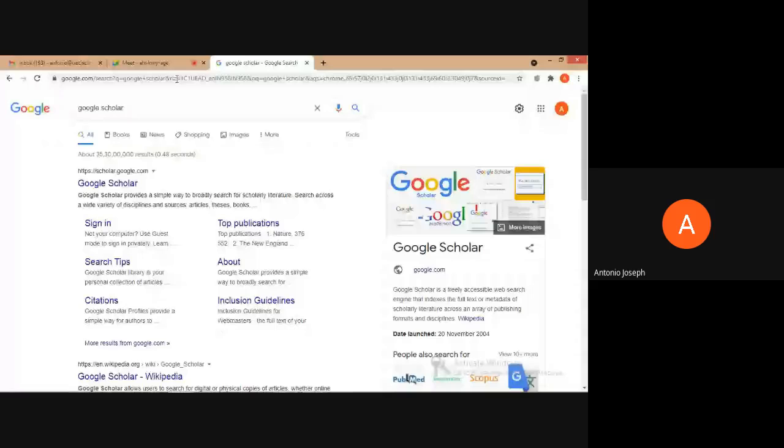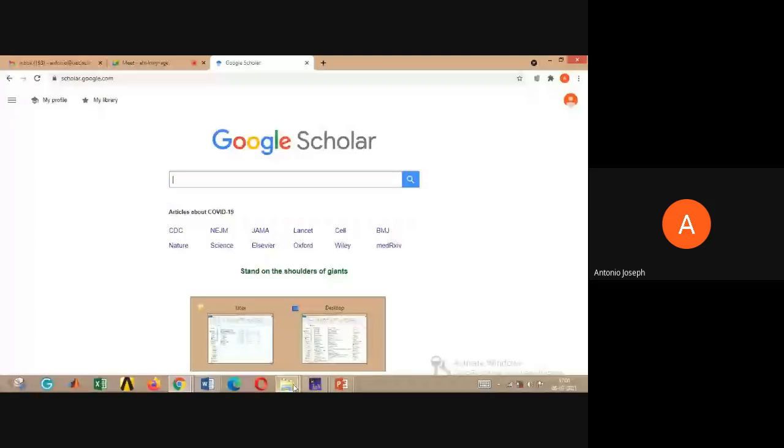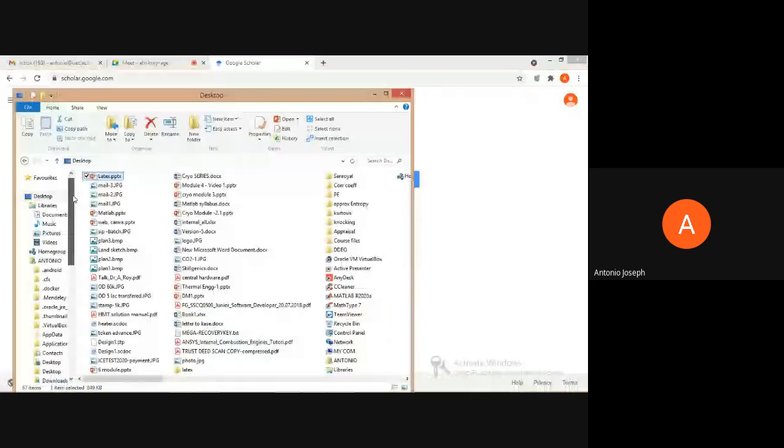So you can search for the journals that you need to provide the reference for. Generally we'll have the titles of those papers, isn't it? So I'll take one from the journals that I have.